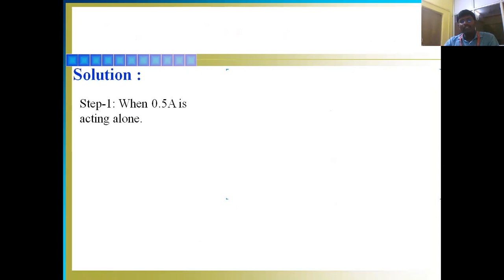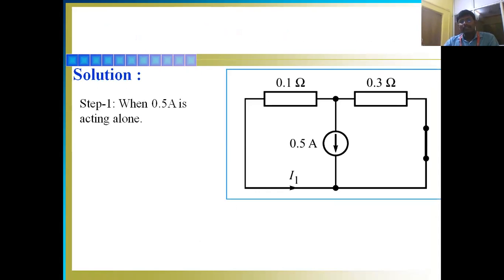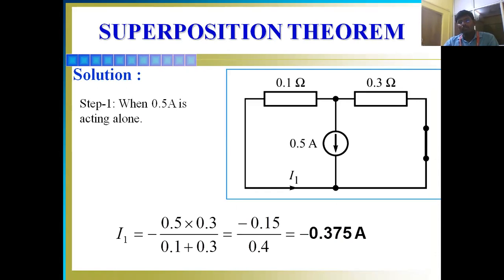As per the theorem, the response in any element is equal to the algebraic sum of responses caused by individual sources. Here there are two sources, so we have to activate each source at a time to calculate the response in the particular element considered. So we first activate the 0.5 amp source and deactivate the 80 millivolt voltage